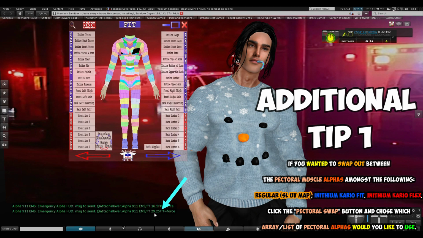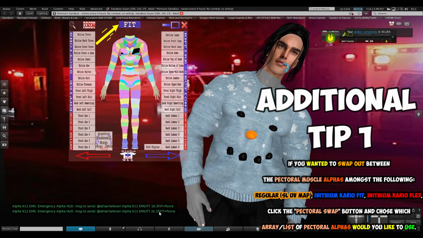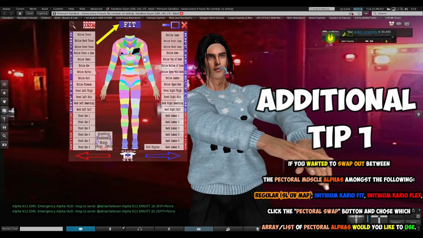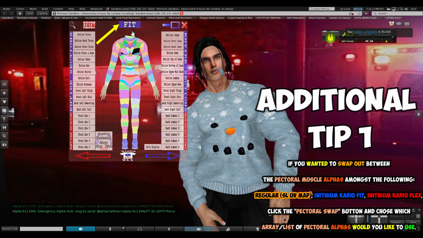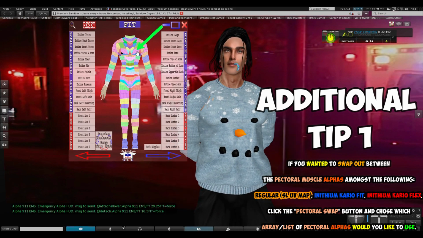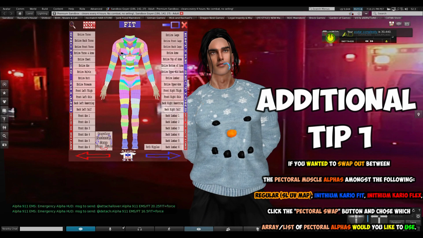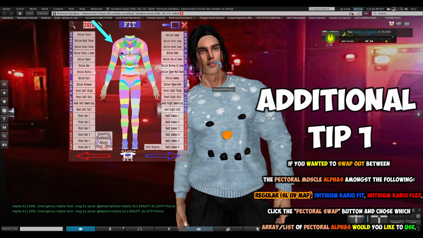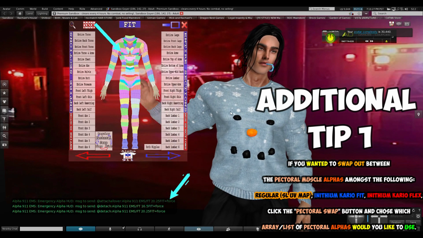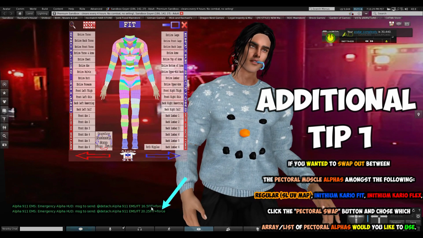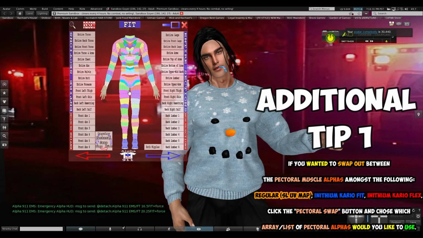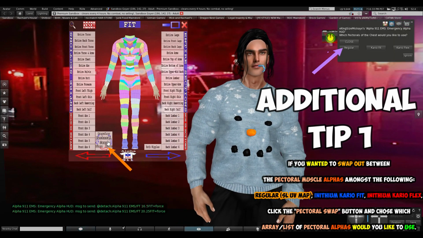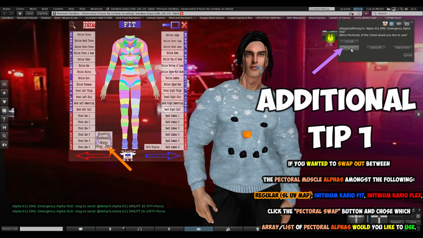Alright, and I click on this little green nipple here, on the left side, it says FT 20.25 fit. Alright, so if I wanted to take it off on the fit one, simply click this one here, turns black to pink, and as the body turns gray to normal, then click on this one here, black back to green. As you see, it says fit on the nearby chat, and it's detached because it's the fit. So I had to click on the button again.